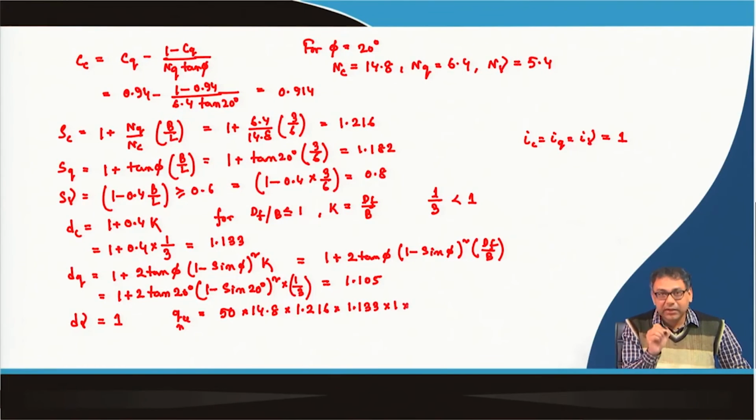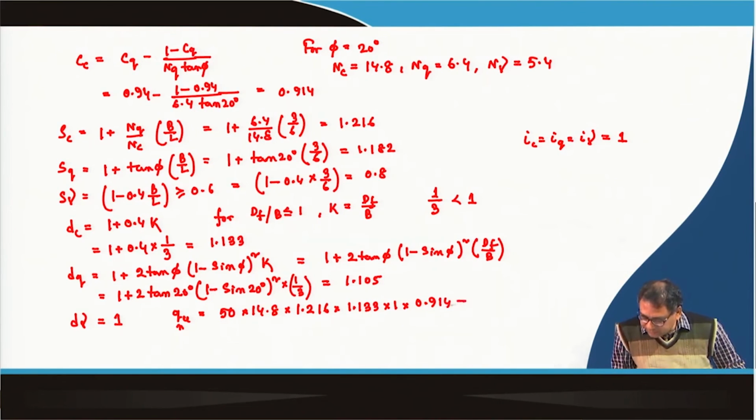But the compressibility factor Cc is 0.914, and then plus 18 into 1, then the 6.4 into 1.182, that is Sq, into